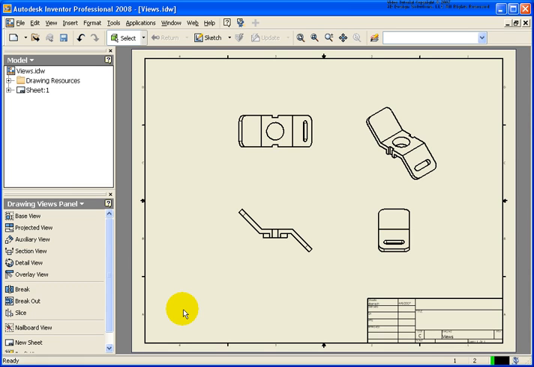In this lesson, we're going to cover how to create a table. A table can be used for multiple purposes. It can be used to place information in regards to an iPart or an iAssembly. We can bring in data from an existing Excel spreadsheet, or we can create a blank table and place our